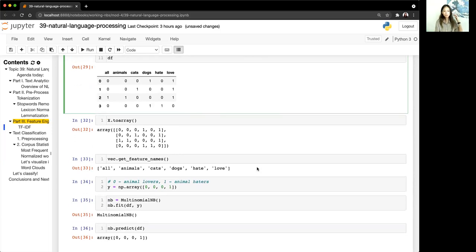Okay. So CountVectorizer is one way that you can represent your data in a bag of words format. However, let's just imagine we're dealing with a set of text that has to do with animals. In a set of text about animals, let's just say people use the word animal a lot, and those counts are going to be very, very high. But if every row uses the word animal like 10 times, is that going to be useful at all or not?